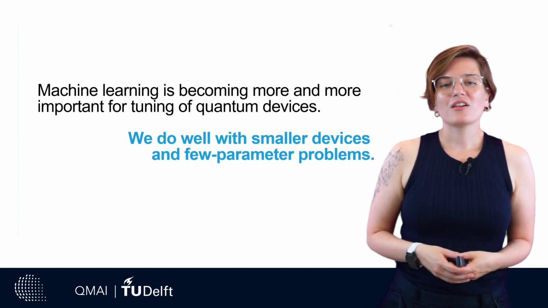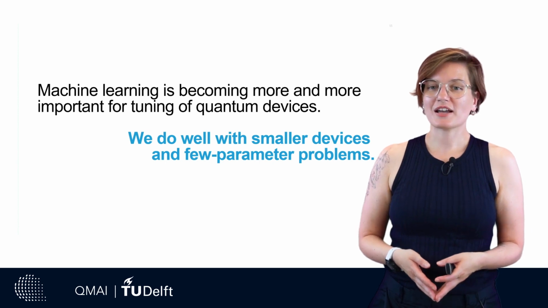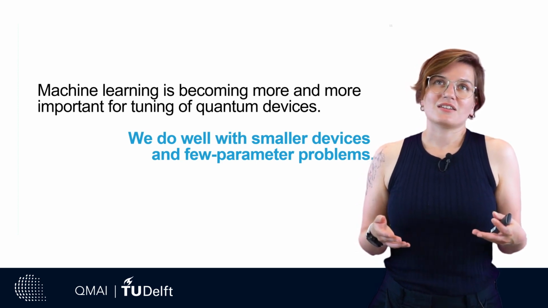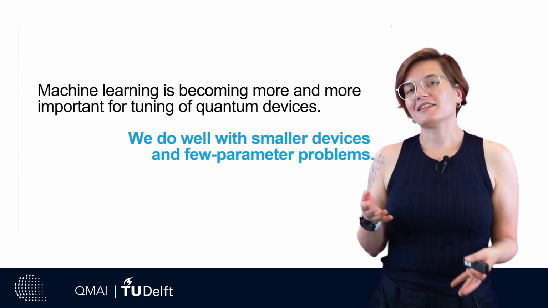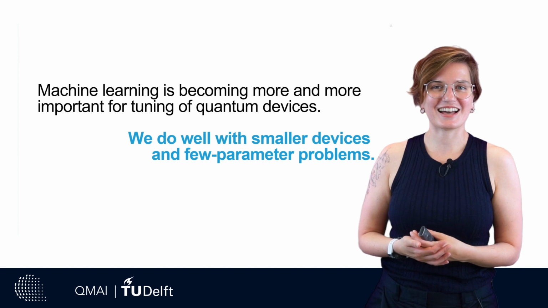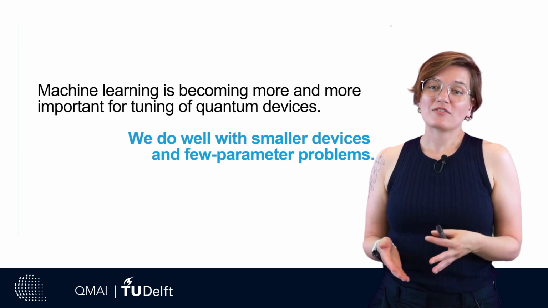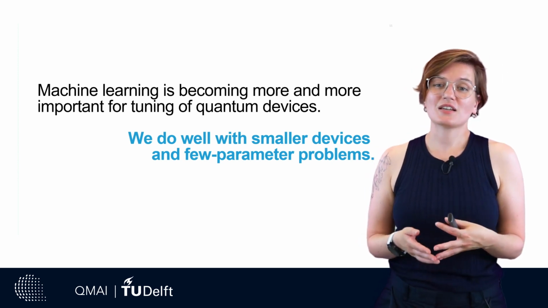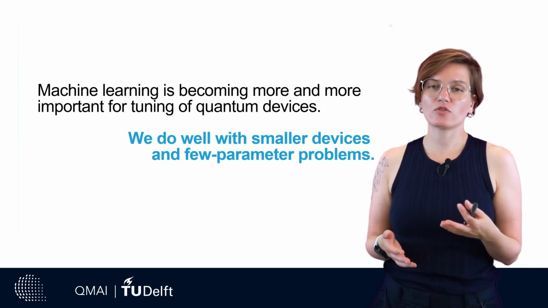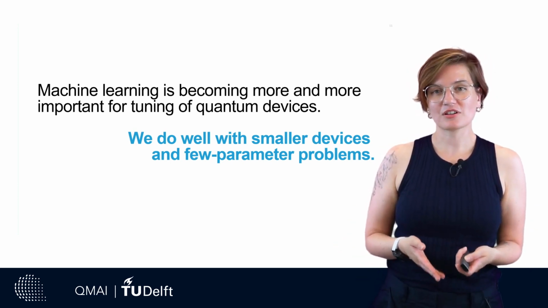So overall, one can say that machine learning is becoming more and more important for tuning quantum devices, especially when you take into account supervised tasks. There are algorithms now that perform at least as fast as an experienced expert. So now the experienced expert can do something else with her day. What we have shown so far, however, is the success on still smallish devices with a few parameters. Enlarging these parameter spaces is a really active effort currently.